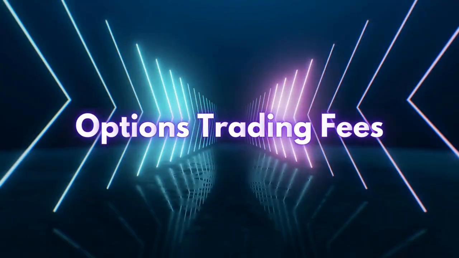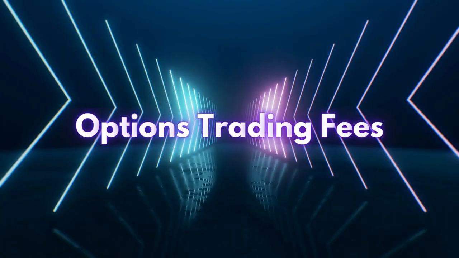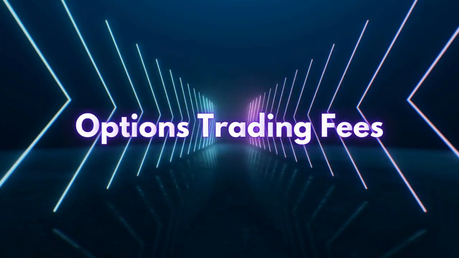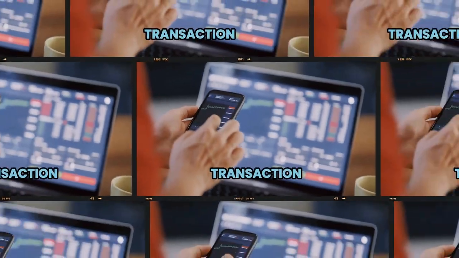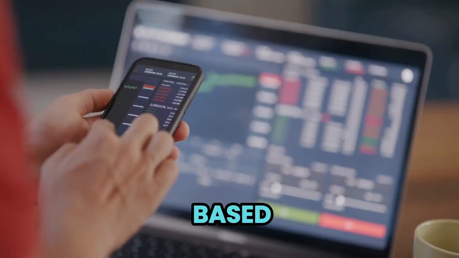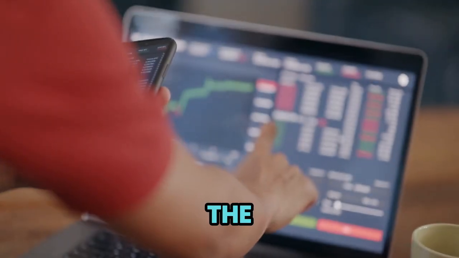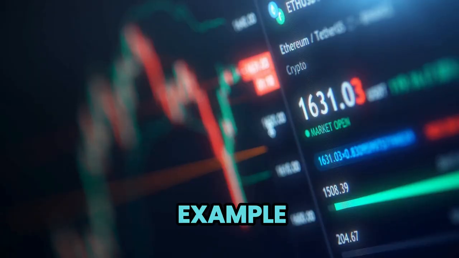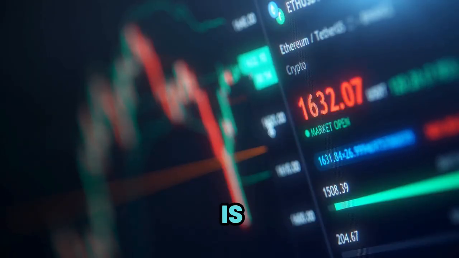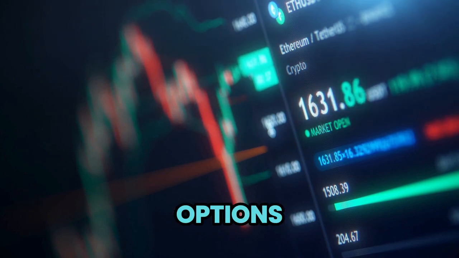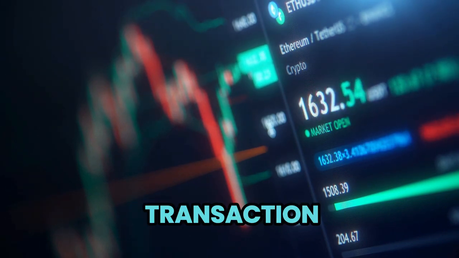KuCoin also offers options trading. The fee structure for options is as follows. 1. Transaction fees. The fees are based on the premium of the options contract and can vary depending on the specific contract. For example, if the premium is 0.02 BTC for an options contract, the transaction fee would be a